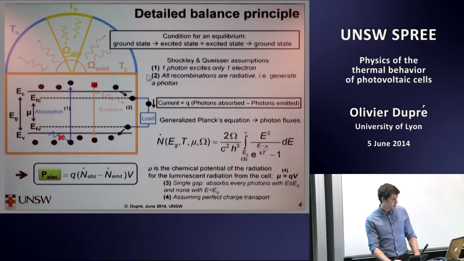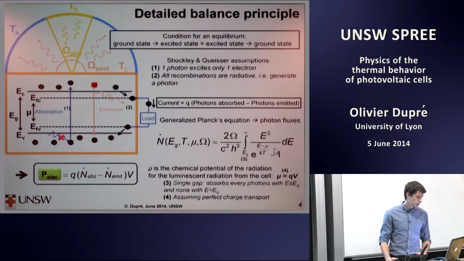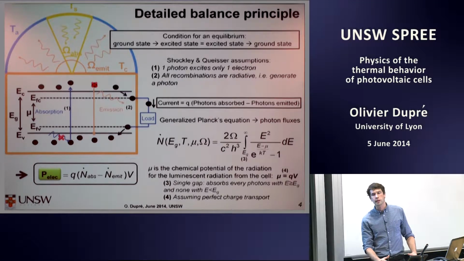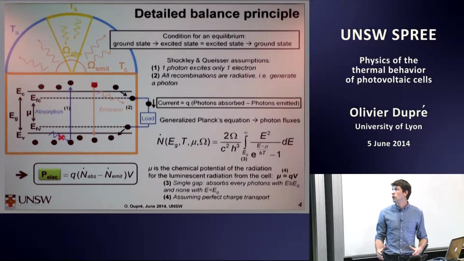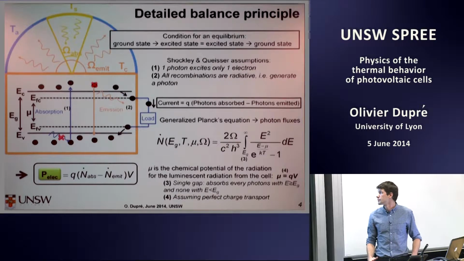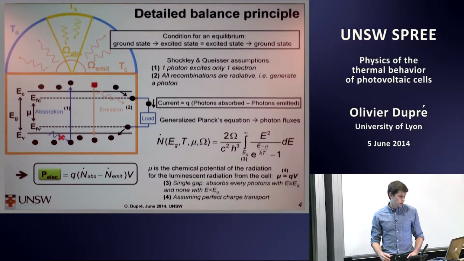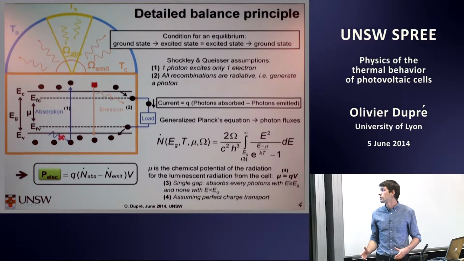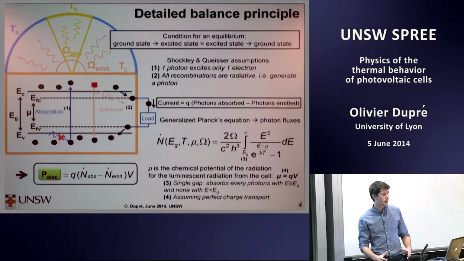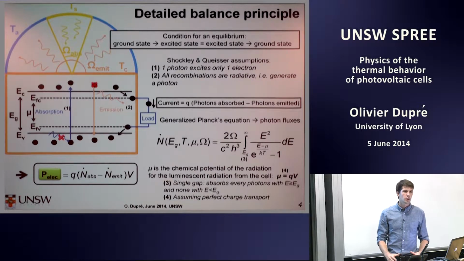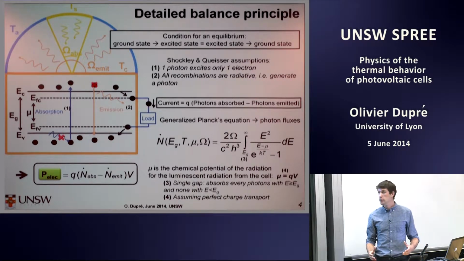This equation is exactly like the Planck equation, but there's one additional term, mu, the chemical potential of the radiation. It can be shown that it is equal to the chemical potential of our electron-hole pairs. If we assume perfect charge transport, then we can say that mu equals qV. Also, we integrate from the band gap to infinity because Shockley and Queisser made the assumption that we have a single gap absorber. So every photon that has an energy above the gap is absorbed in our cell,